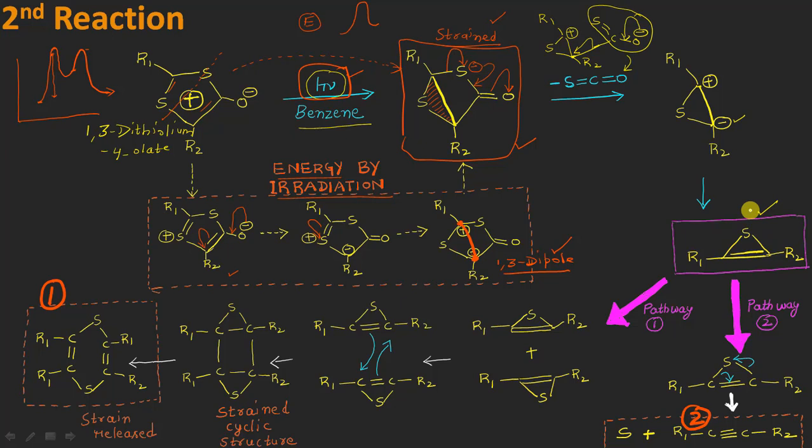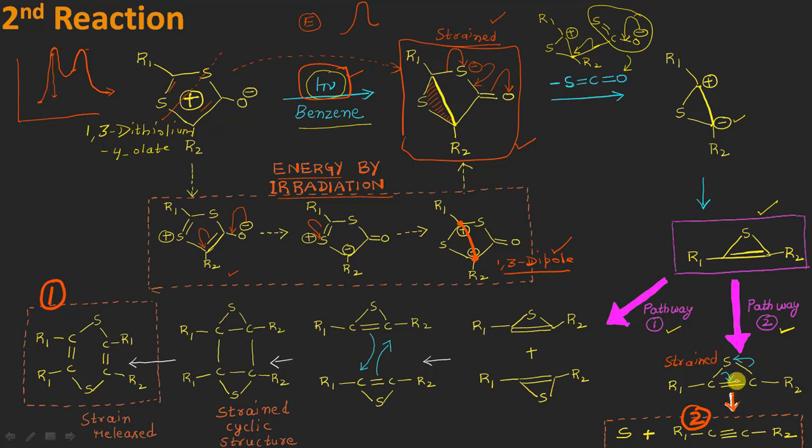And after that, with the help of two different pathways, as you can see here, this is the first pathway and this is the second one, right? In the second pathway, which is a simpler one, we can see this is a three-membered ring structure. So let me write here, this is actually a strained molecule, and the reaction is going in this direction and it is releasing strain.